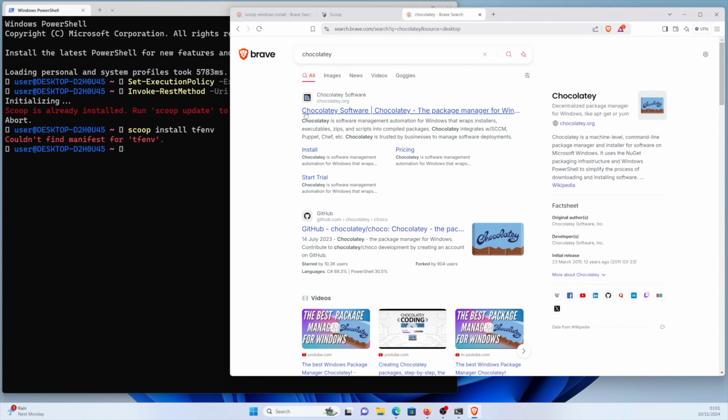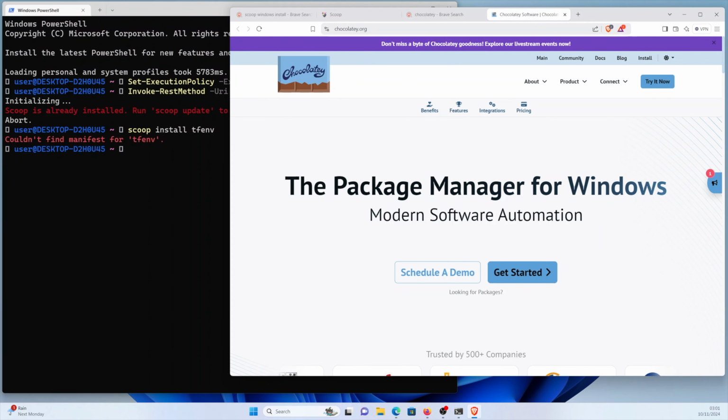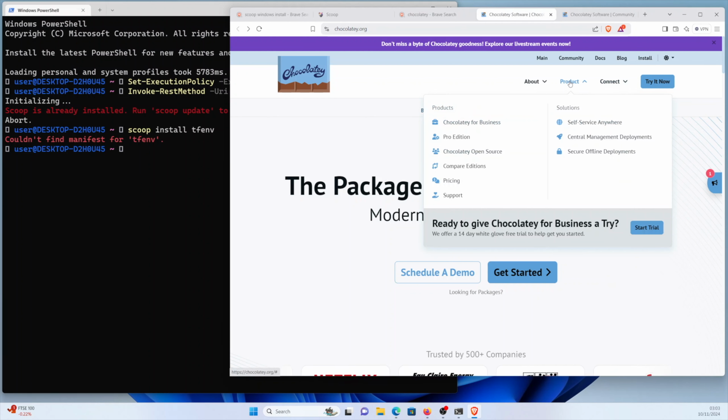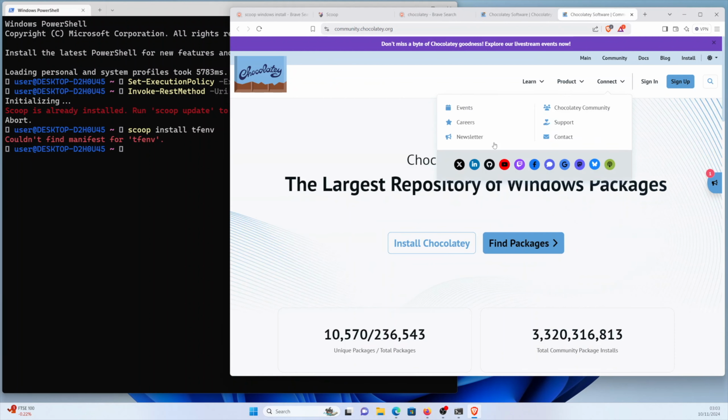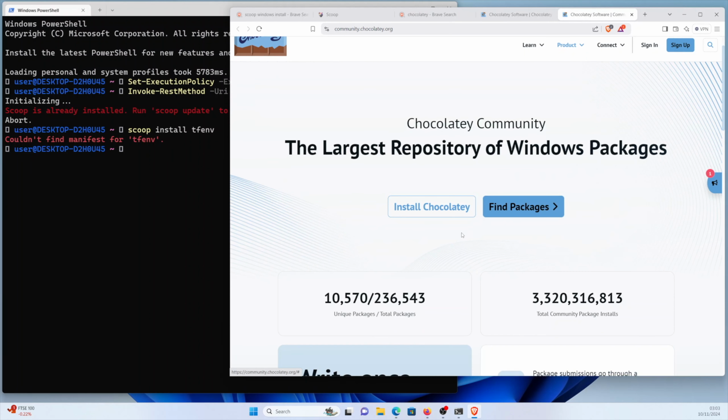Chocolatey is one of the most popular package managers for Windows, and it often has more packages available compared to Scoop. Let's install it next. Let's follow the instructions to set up. Install Chocolatey, the package manager for Windows. Click on Products in the top right corner, and there will be a drop down. Click on Chocolatey Open Source, the largest repository of Windows packages. Click on Install Chocolatey